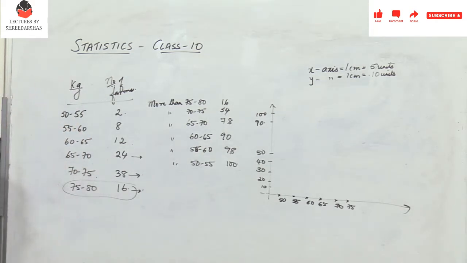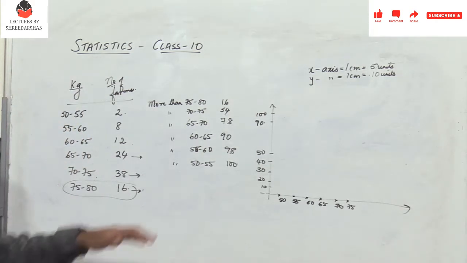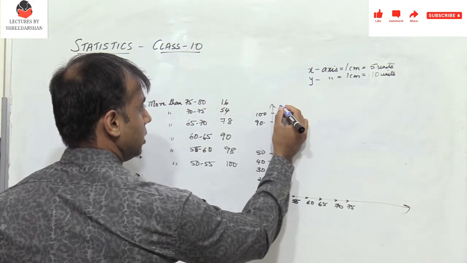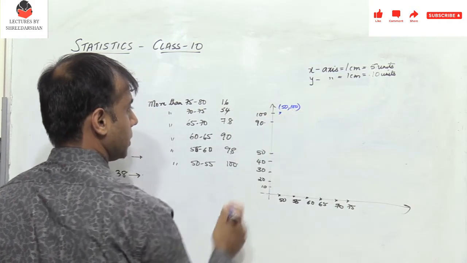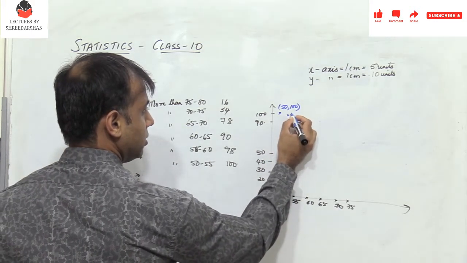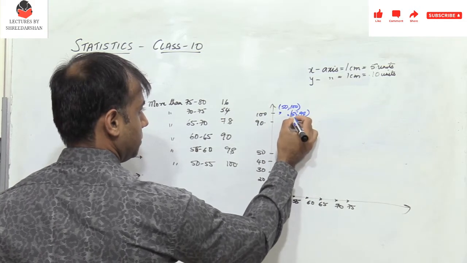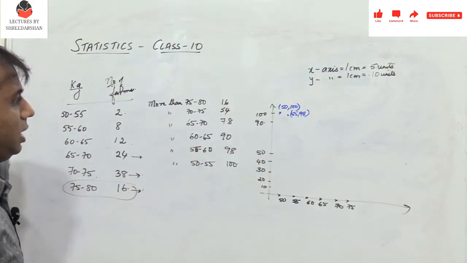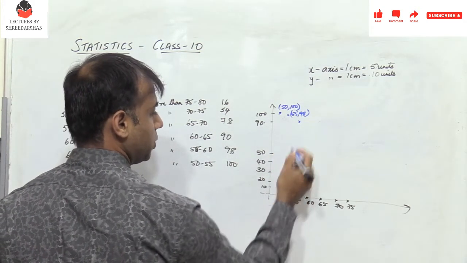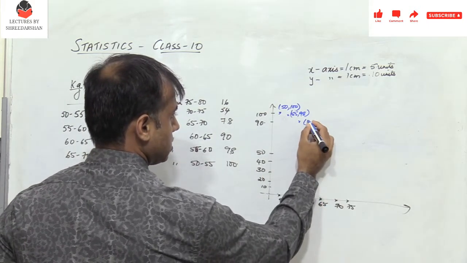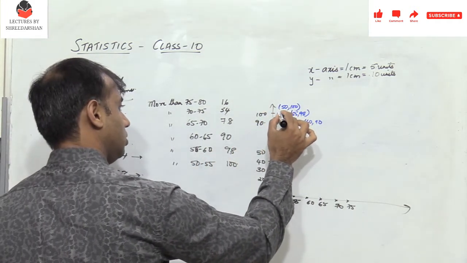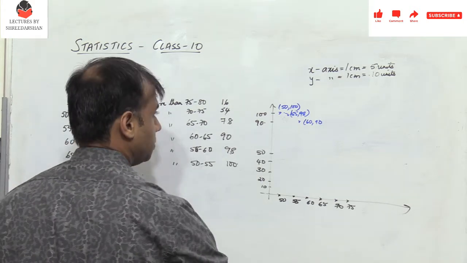Now, how do I draw the graph here? Now more than 50, you have all the 100 farms. So 50 corresponds to 100 here. So 50 comma 100. Next, more than 55 is 98. So 55, 98 is here. Now what about 60? It corresponds to 90. So more than 60, you have 90 farms producing a yield more than 60. So this is 60 comma 90, and this is how the graph goes on reducing. So now you join the points,